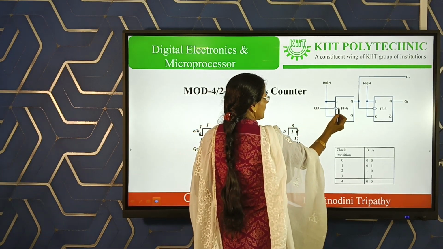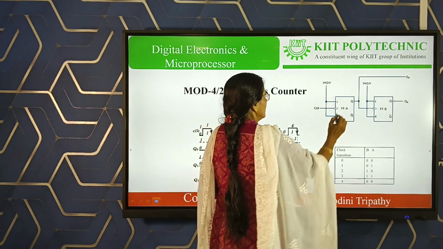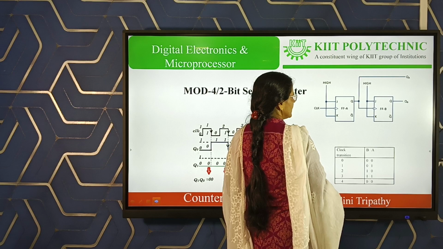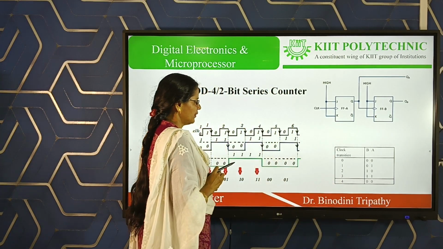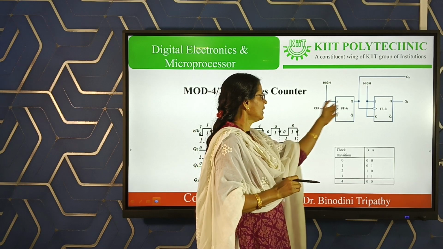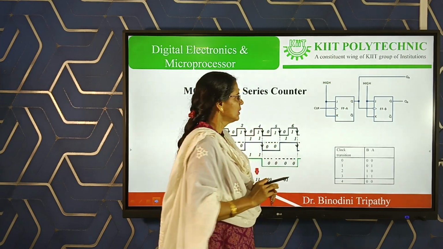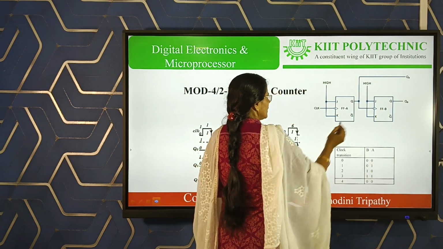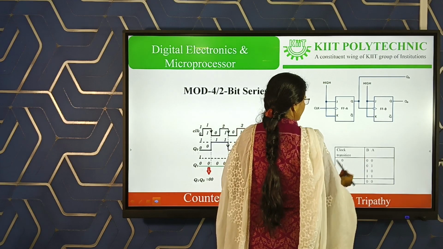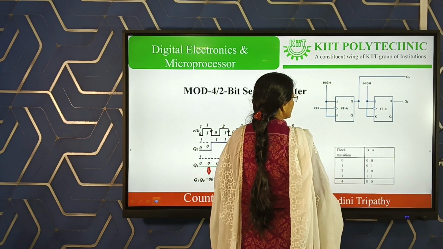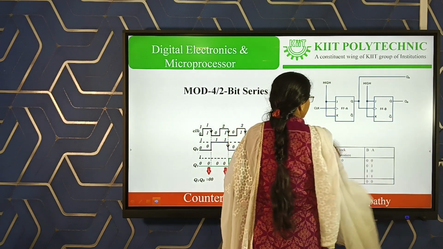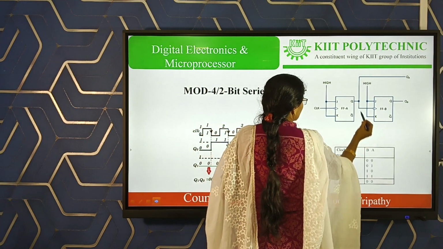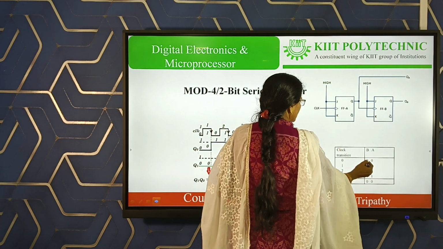Then the main clock pulse is applied to the first flip-flop. The output of the first flip-flop is used as the clock input for the second flip-flop. Now, how will this circuit function? Suppose initially all the flip-flops are reset to 0. So initially you get here 0 and here also 0. If you designate your output as A, then your A output is also 0. This is A and this is B, or you can put QB or QA. So now initially the outputs of the flip-flops are 0, 0.